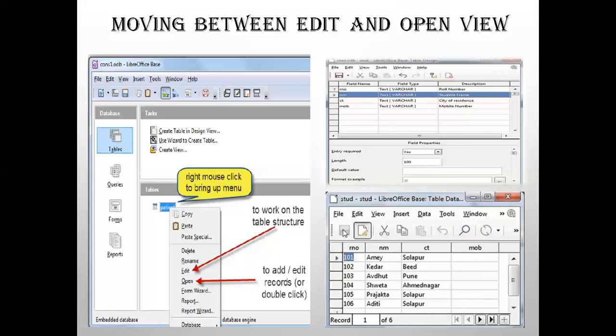So in both cases, you have to save the changes or modifications to your table data before closing. So these were the different operations on a table and its data. That is the content. If you have the Base program, you can try a practical exercise on this.